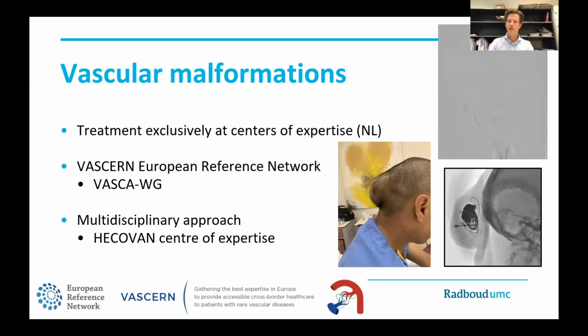This man presented to us with a large swelling on the back of his head. He was operated on in another hospital because they thought he had a lipoma. So they cut open his skin and it started bleeding really hard. They did manage to keep him alive, but then sent him over to us for the treatment of his arterial venous malformation. And what we do is, in multiple sessions, we try to embolize it, but once it's completely embolized,